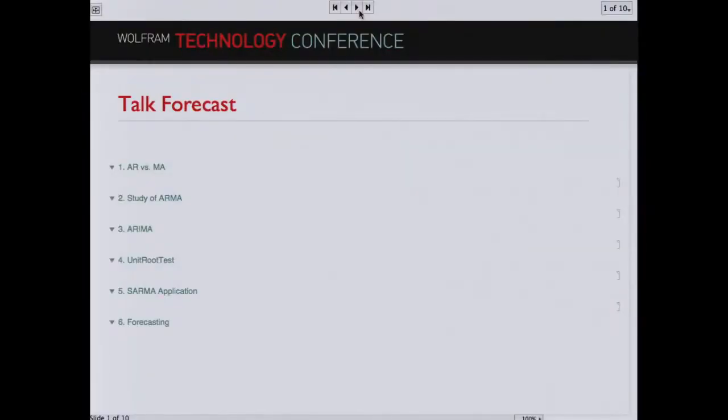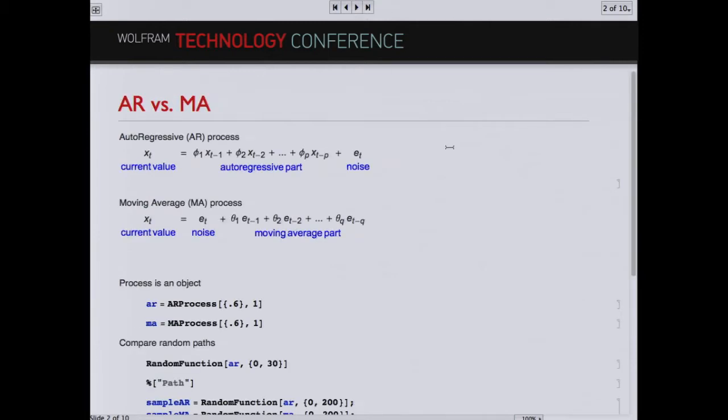I'm going to talk about basic processes, the basic time series that we have, and as I introduce the models, I'm going to also talk about the functions that run along these models. Okay, so the very first two models, the very basic ones, are the AR process and the MA process. Throughout the talk I will probably be using both names, process and time series,